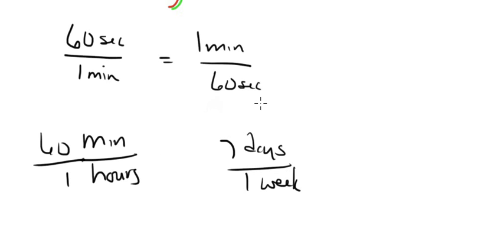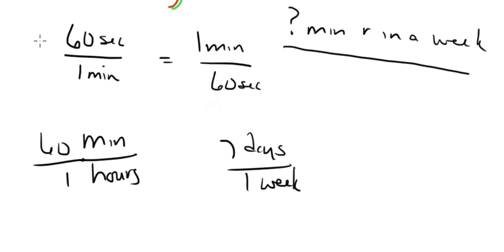I can use these things to go from one measurement of time to another. Well, we can do this with weight, we can do this with distance, we can do this with all kinds of things, not just time. So if you're ever posed with the question of, how many minutes are in a week, we can use these unit multipliers to figure that out. We can say how many minutes are in a week. Question mark minutes are in a week. Using unit multipliers, we can figure that out. We can start with what we know. This is our word problem right here. How many minutes are in a week?